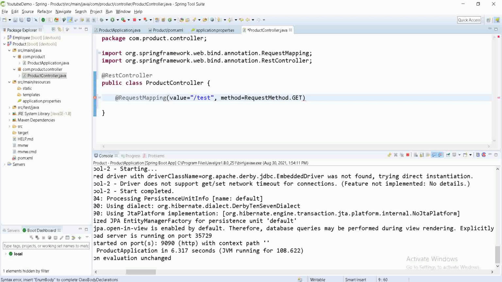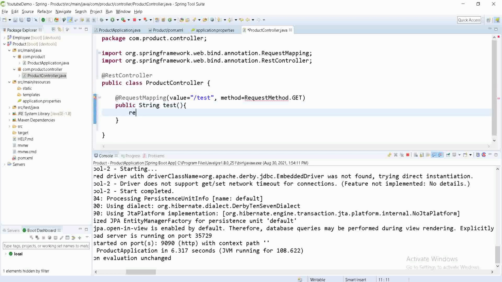So here I am going to use the GET method, and now I am going to create one method for this: public, then I'm going to return a String, and then I'm going to give the name of the API. Here I'm going to return "this is test API and it's working fine".